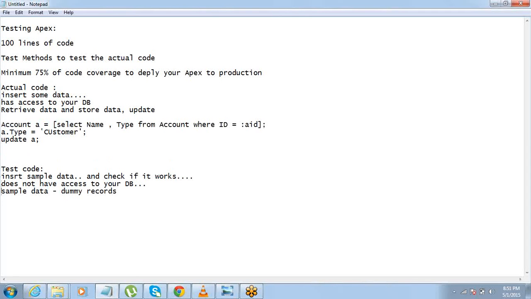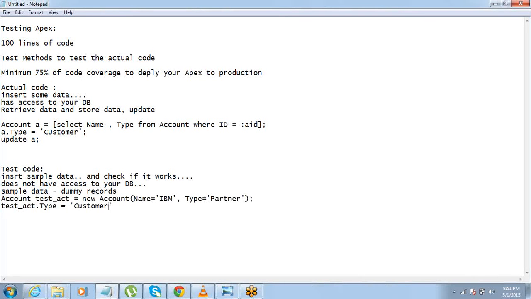So what I'll have to do is I can do something like this: Account testAccount equals new Account, supplying the value from your side, Name equals IBM, Type equals Partner, okay, and then say testAccount.Type equals Customer.